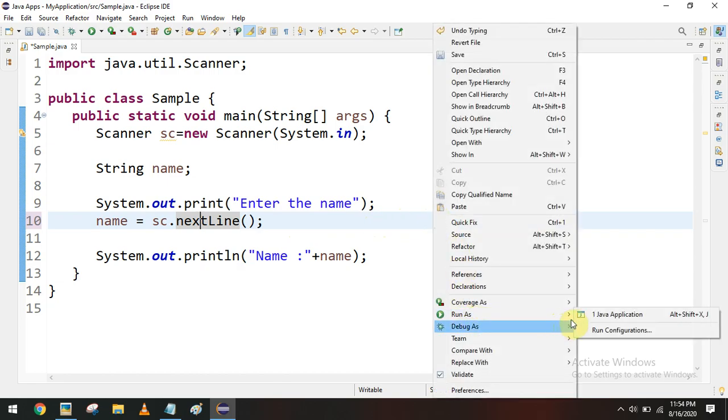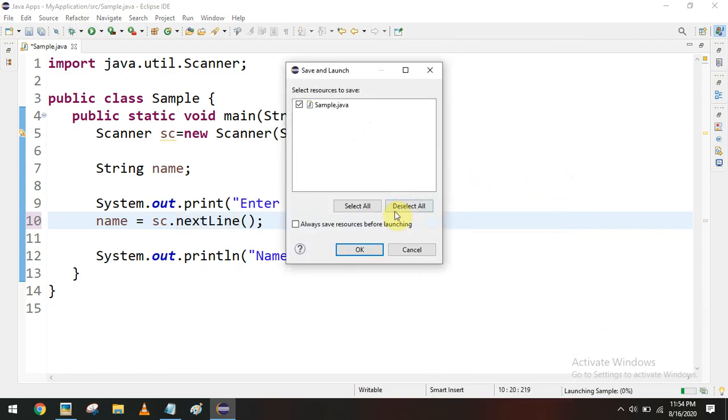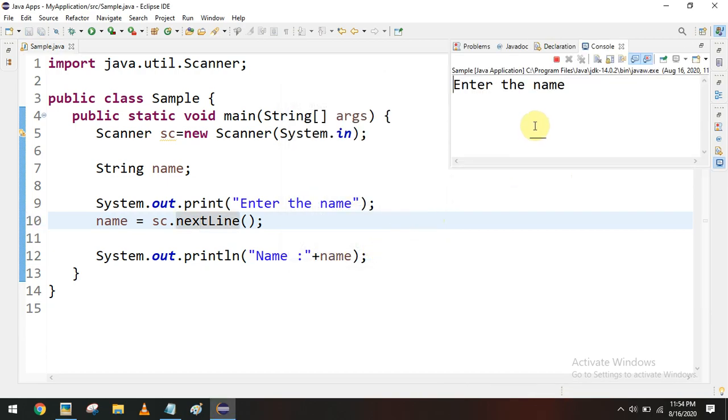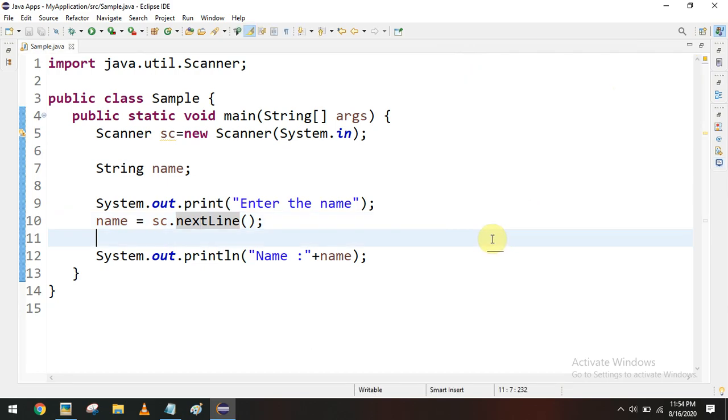For example, if I run the program again, I'll give the same input again, hello world. Now look at the output. Here I am able to get hello as well as the next word also. So like this we can access string data, text data, single word as well as multiple words.